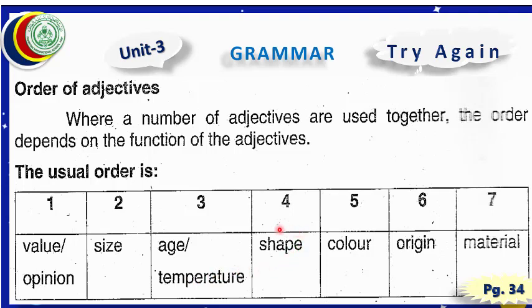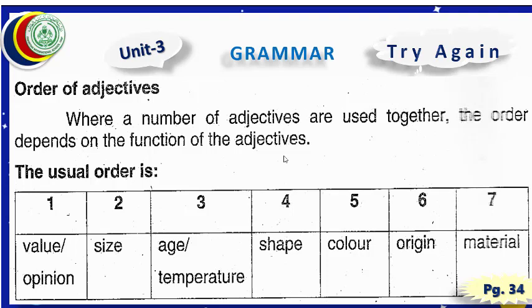After that, there will be written the adjective which will be telling us about the shape of the noun. After that, we shall write the adjective which will be telling us about the color. Then the one which will be telling us about the origin of the noun. And then there will be at the end the adjective telling us about the material of the noun. Dear students, I think you have got the idea how to arrange adjectives if we have several adjectives of a